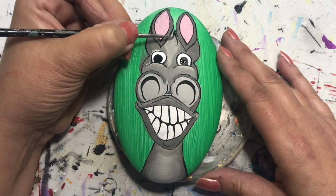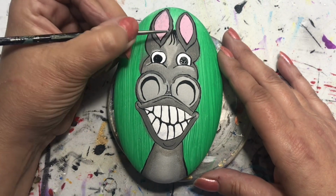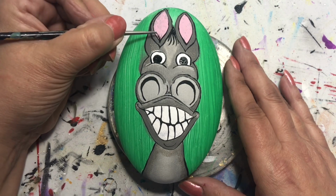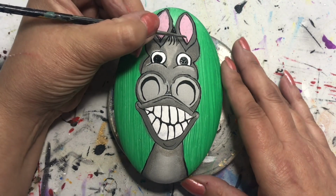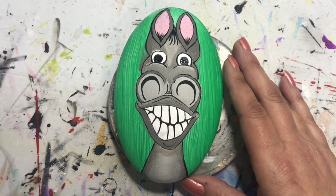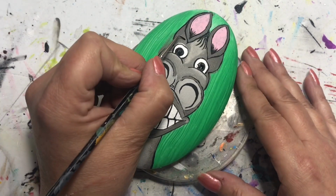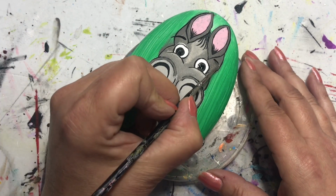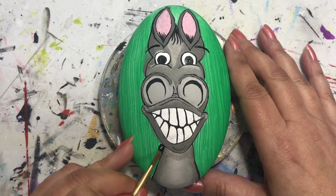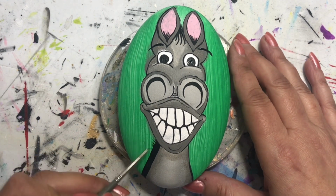Then I go in and I give him a little bit of hair that's sort of just laying on his forehead, not doing much, making him look cute. I put some hairs into his ears, and now you'll see that that one line is gone, so his ears aren't folded over. Then I do his mane, and I just take a brush and I put a very thick line of black, and then I use my fine lining brush and I just swipe it up to give it that bristle look. Of course, got to put his eyebrows on there. So here's his mane. So that's all I do, and I let him dry, give him a coat of resin, and he's